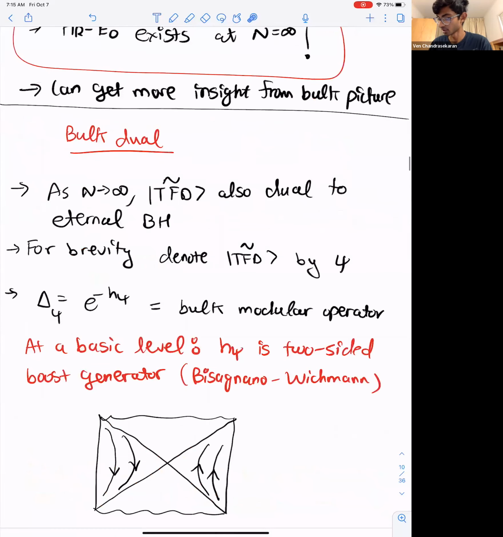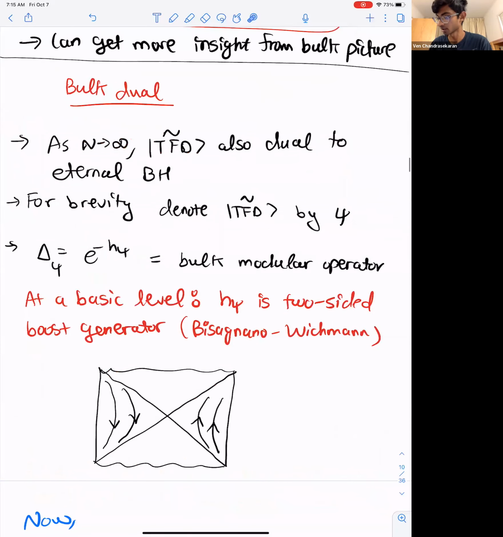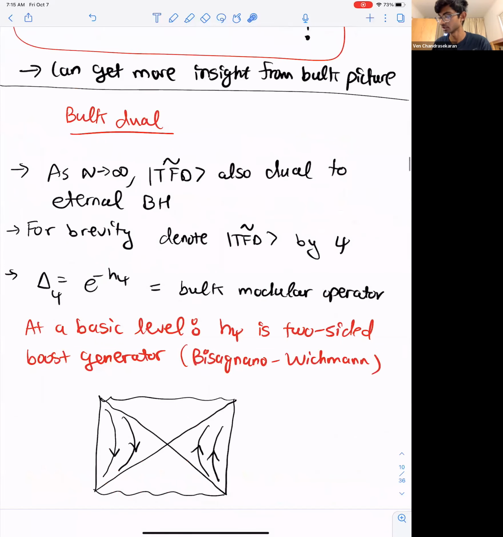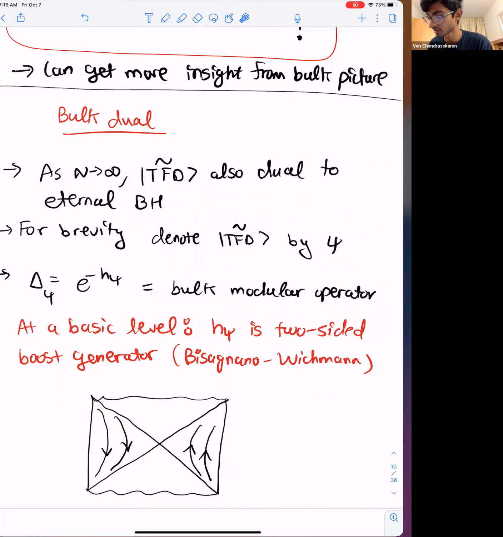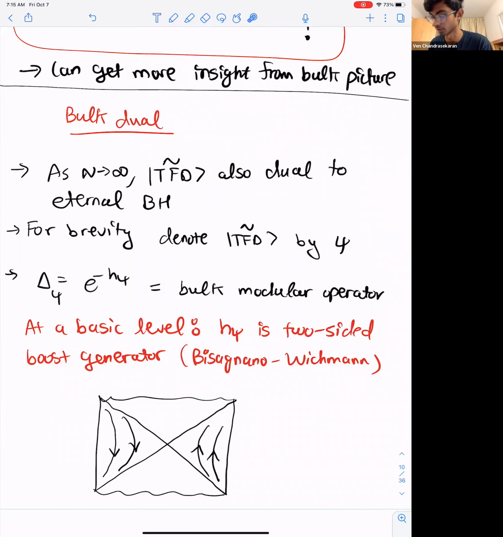So for the microcanonical TFD, we can define something called the bulk or the total modular operator. So the total modular operator, for our purposes right now, is just